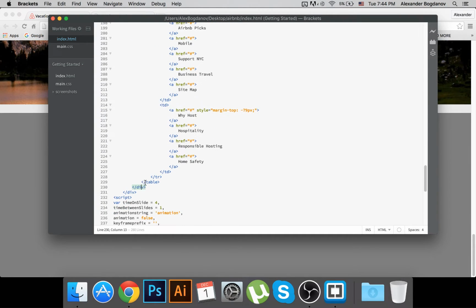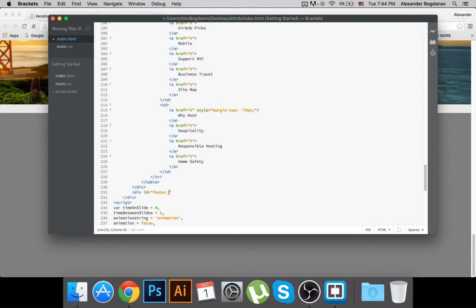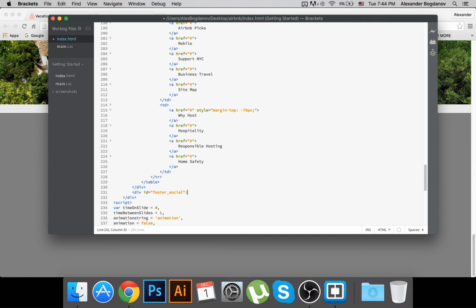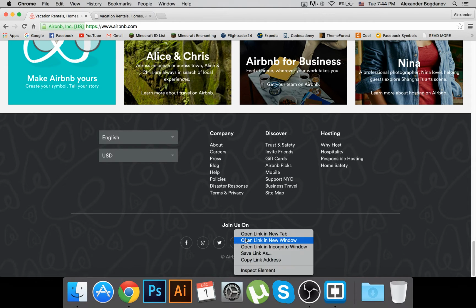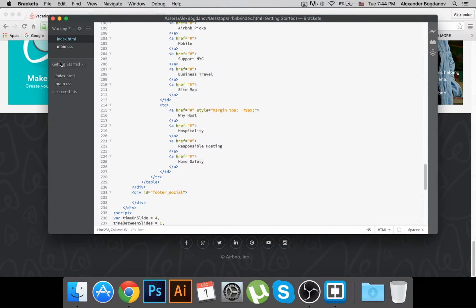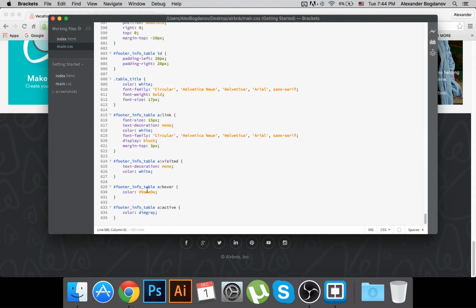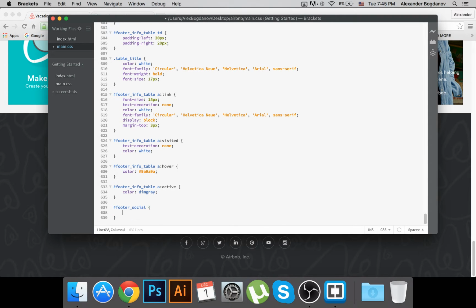So, I'm going to create a new div. I'm going to give it an ID of footer-social, and that's because in here are going to go the links to the social media like Facebook, Google Plus, Twitter, Instagram, Pinterest, YouTube, and LinkedIn. Okay, so I'm going to go in CSS and create a footer-social